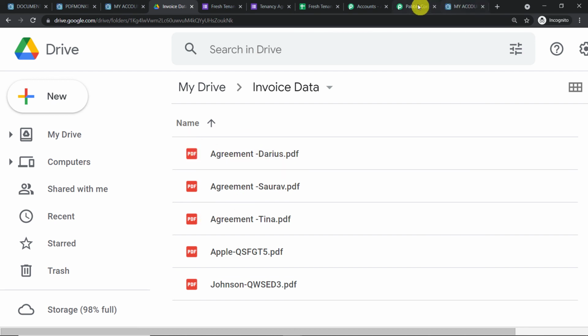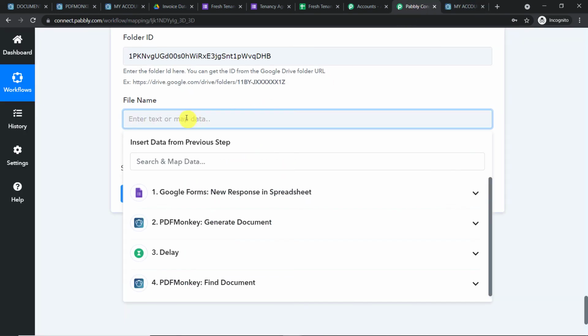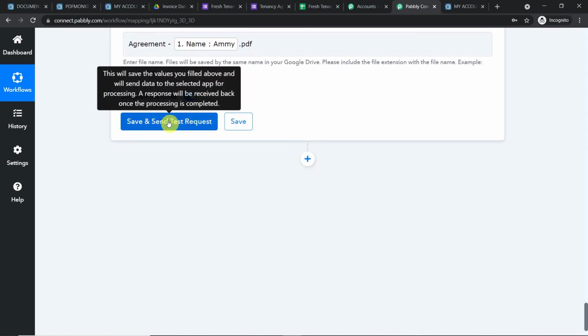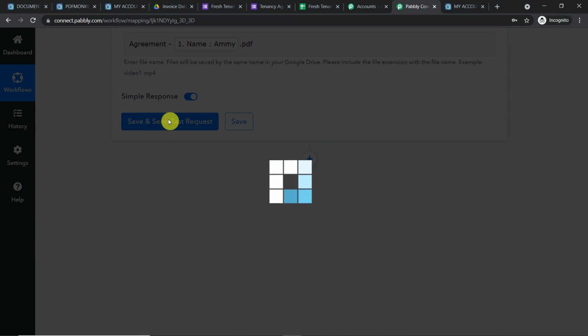So what we're going to do here is add agreement dash, and here the person's name will come, and the person's name is Amy. And since it is a PDF, I'm going to add the extension .pdf. Okay, and I think we are ready. At this point, all you have to do is click on save and send test request.